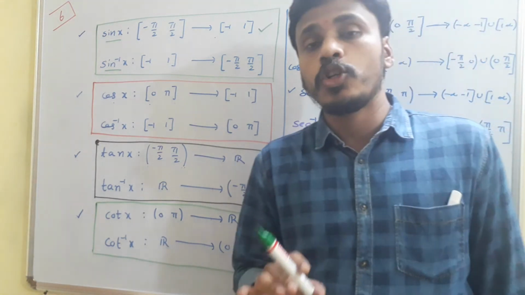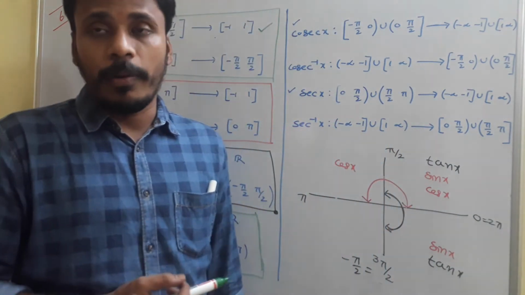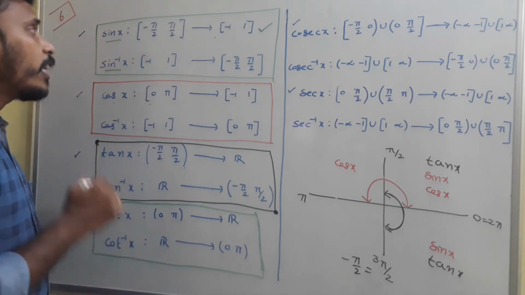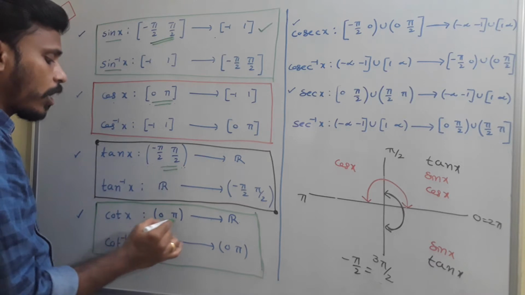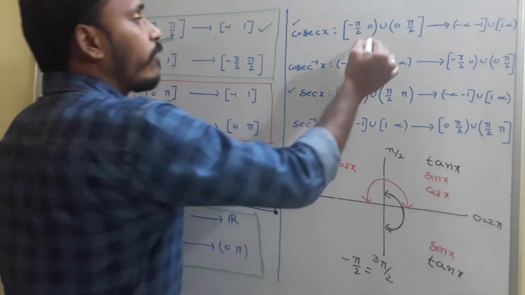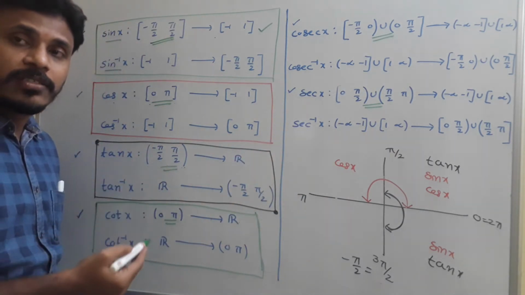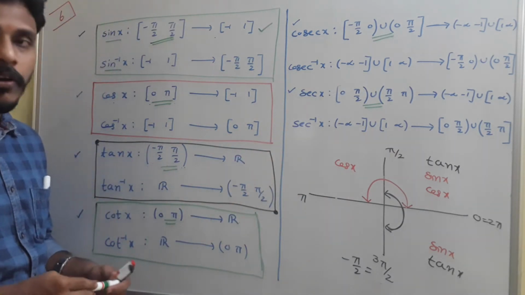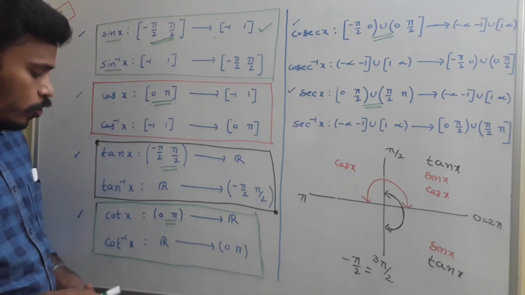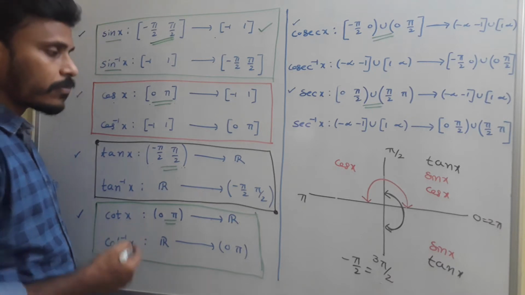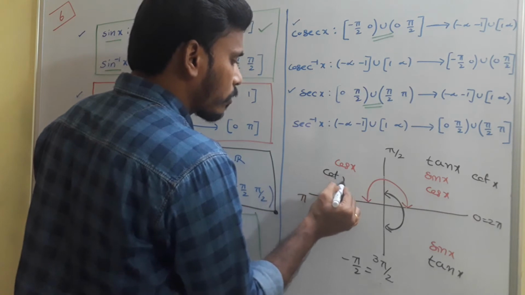Here we are discussing the domains and ranges for the trigonometric functions as well as the inverse trigonometric functions. We need to accept these domains. These domains of trigonometric functions are the standard fundamental domains. From there we need to construct the ranges as well as the inverse trigonometric functions. Right, now cot x is clear, right? For cot x, we use the first and second quadrants.